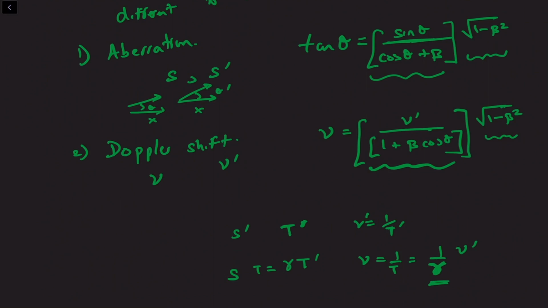Now, something very important here is that there are some properties about light that we cannot derive just by looking at the phase of the light beam. Everything that we derived today about the aberration and the Doppler shift had to do with assuming that the phase of the light beam at a particular space-time point as seen by all inertial observers has to be exactly the same. However, there are other properties, for example, the polarization of a light beam, and these properties